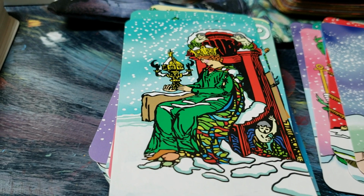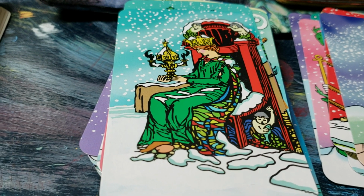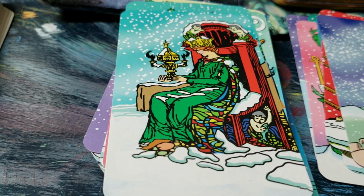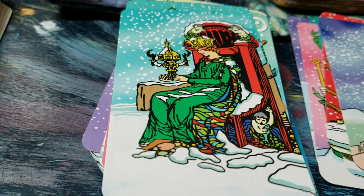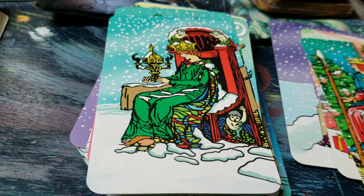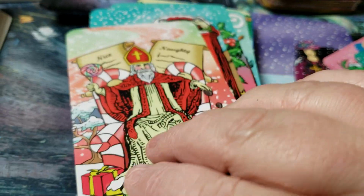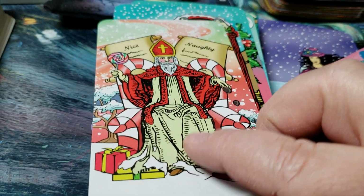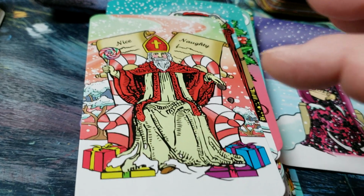It's like a warm, hot cocoa on a cold winter's night, and you're snug in your PJs, and you want that warm, fuzzy feeling. But it also does the really cool thing where Justice is St. Nicholas, and he has his list, and he's checking it twice. He's going to see who's naughty and nice. And how this is drawn,